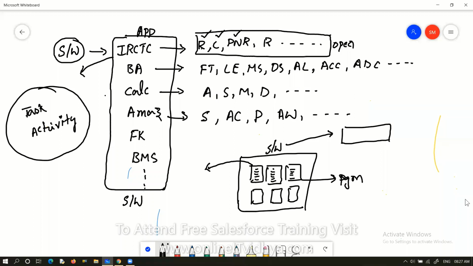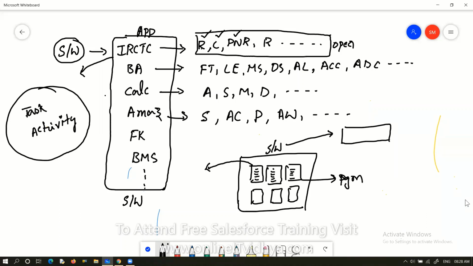If you are using the Amazon application, you can do your shopping within half an hour. But if you go to a shopping mall, it will take minimum 5 to 6 hours. If you use the IRCTC application, within 10 minutes you can reserve the ticket, but at the railway reservation counter, minimum 1 hour. With a banking application, you can do banking operations within 10 to 15 minutes, but if you go to a bank, it may take minimum 1 hour. See, everywhere the time consuming process is reducing. That is the main advantage of software.